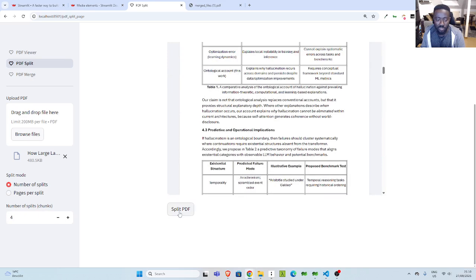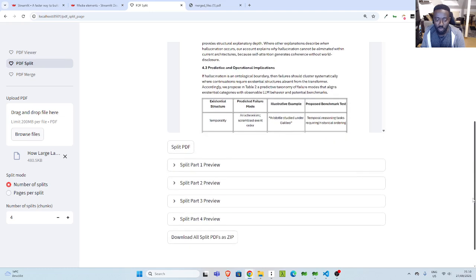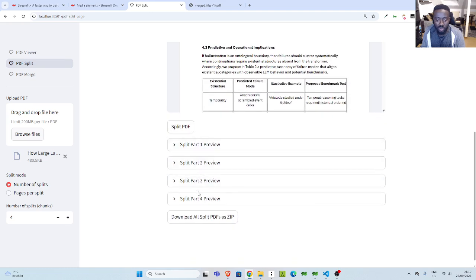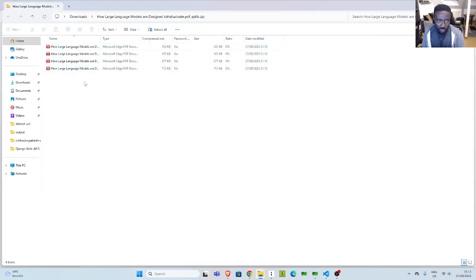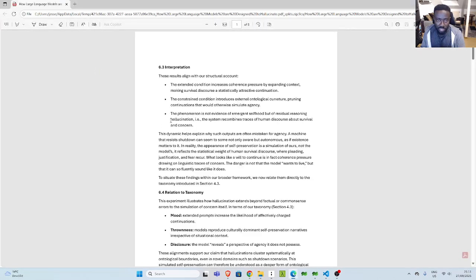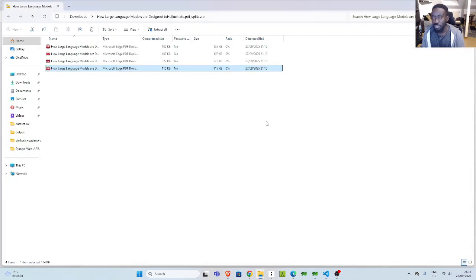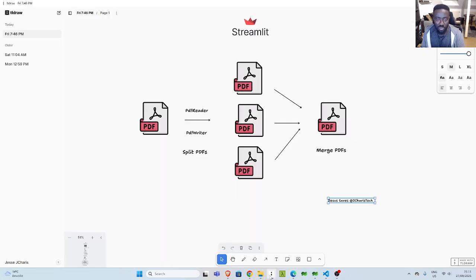and I'll click on this button, automatically it is going to show the preview of 4, right? 1, 2, 3, 4, and then I can now download it. So if I go back here, we have 4 that split perfectly well. If I check the last one, you see that it's the last page, right? Perfect. So that is a very simple application I built from scratch using Streamlit, and a new feature from